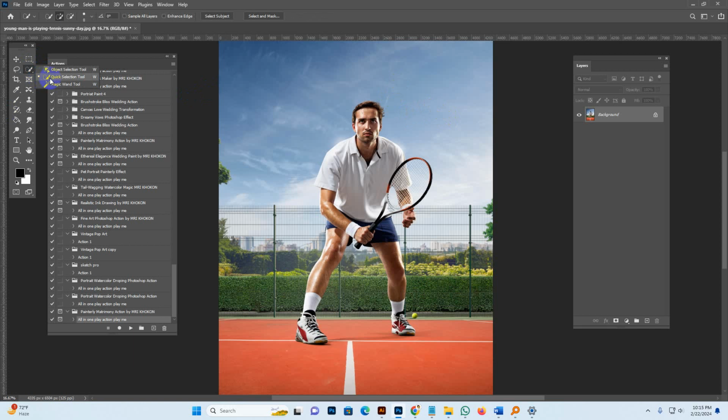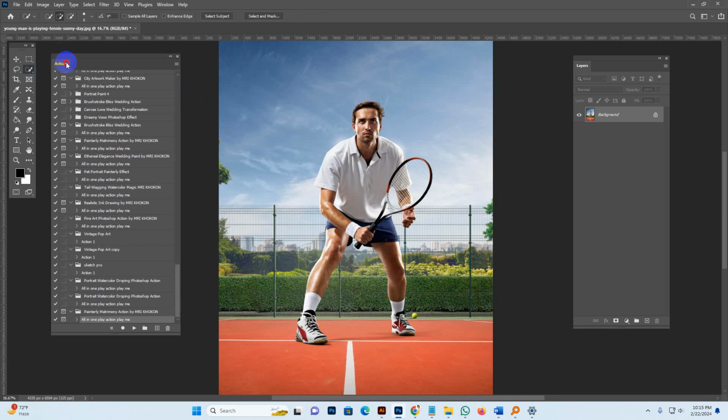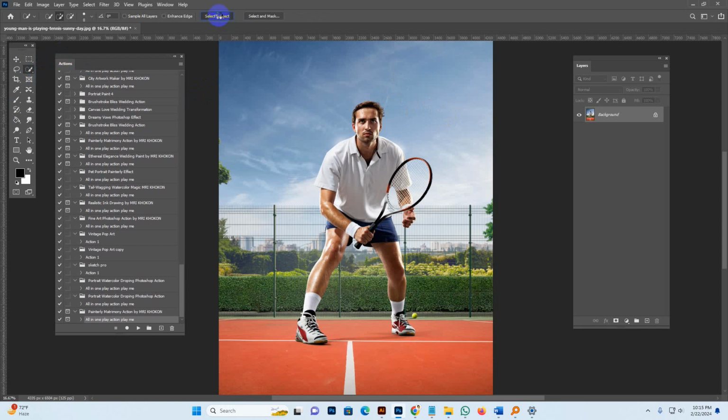Now select the quick selection tool and click the select subject button. Now it is selected automatically. You can use any tool, the pen tool, brush tool or any other tool, but make sure if you use the pen tool, then you need to delete the path, then apply the action, otherwise the action will make an error result. So now I have a perfect selection, and then create a new layer and double click the